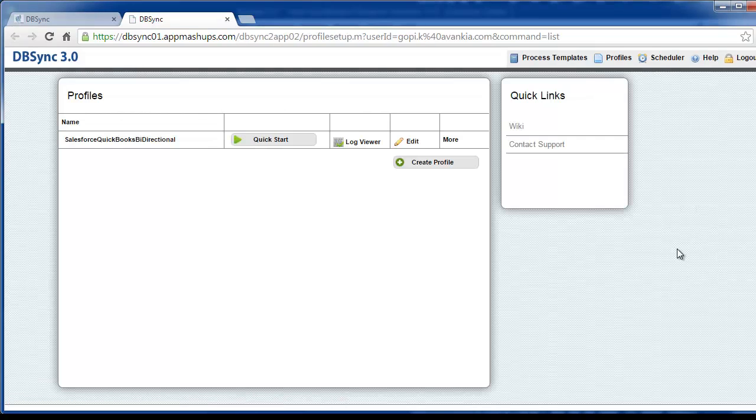Once you have launched the application, you can see the profiles which are added to your DBSync account. Today, I'll be walking through advanced practices or the mappings flow where we can set up a source table and a target table for Salesforce and QuickBooks integration. So to get into the mappings, you'll have to just click on edit,